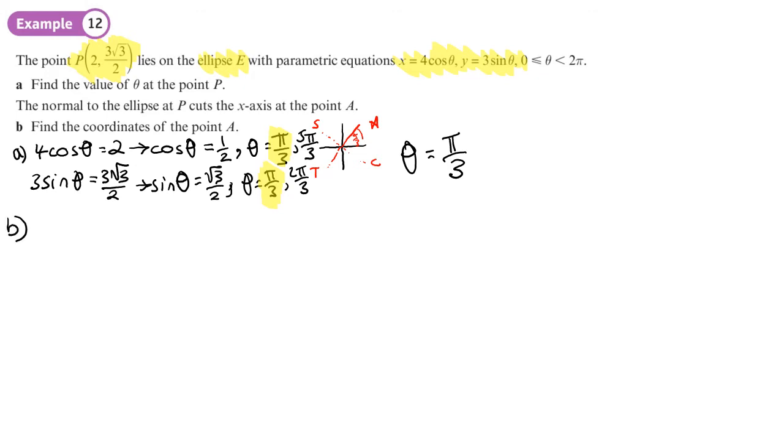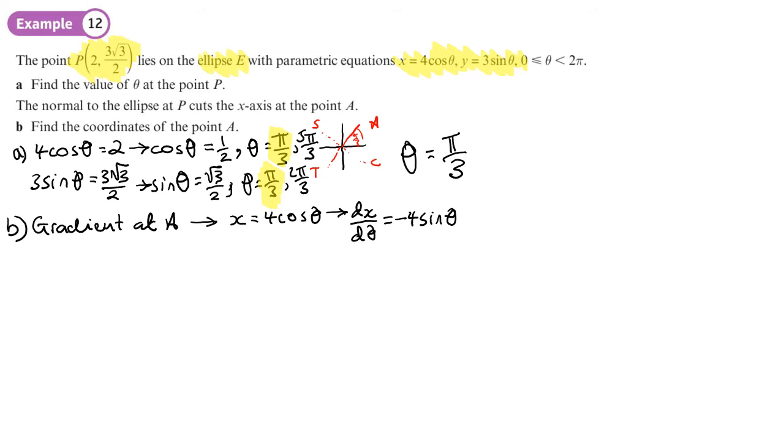Okay, part B, some new information. The normal to the ellipse at P cuts the x-axis at point A. Find the coordinates of point A. So we're going to start by finding the gradient at A. So that means parametric differentiation. So x equals 4 cos theta, so dx d theta this time is going to be minus 4 sine theta,